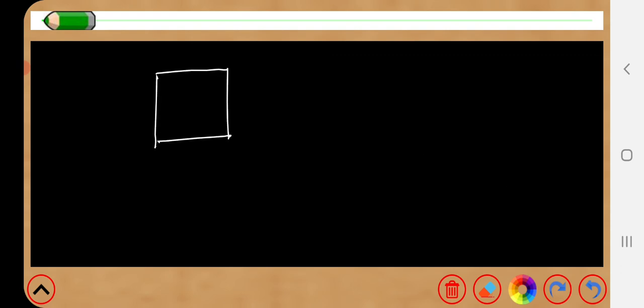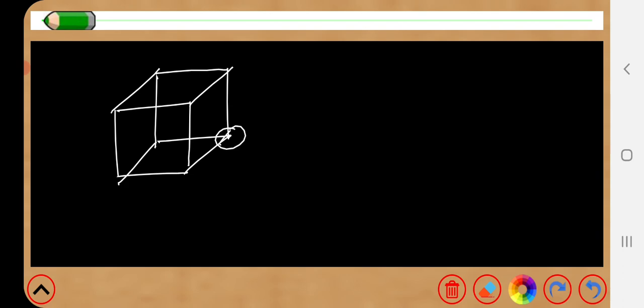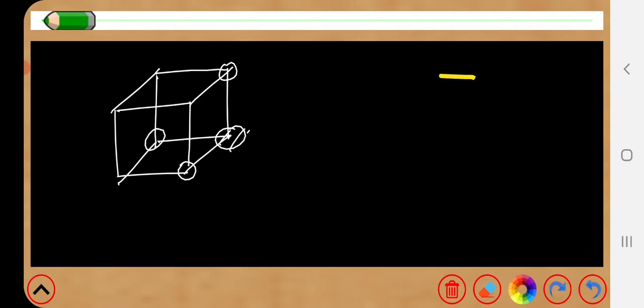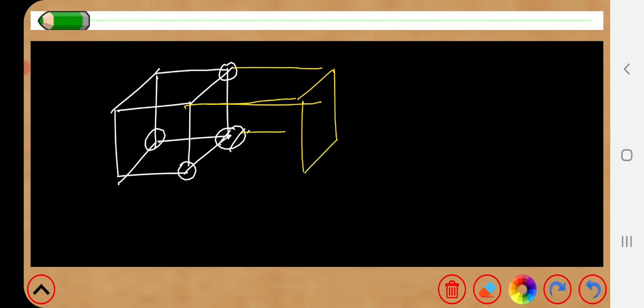So this is the first unit cell, and this is the A atom. Here I have found there are 3 nearest neighbors, this one, and that one. So if I draw another unit cell, let's take another color for that. Okay, let's check the thickness of the color. It's okay. So if I draw another unit cell here, we can find easily this one, right? So this is our central atom of interest, the A atom.